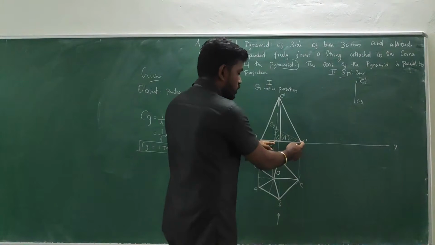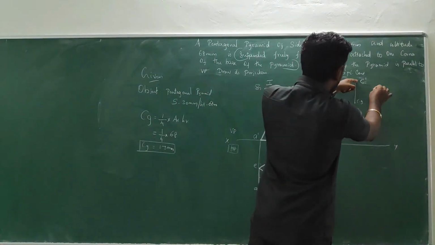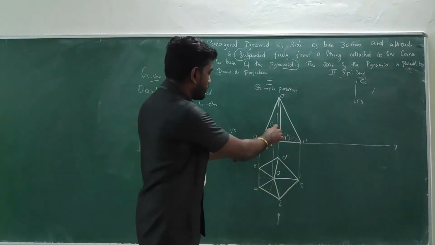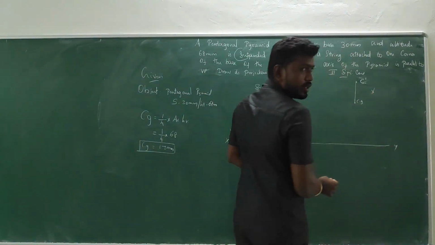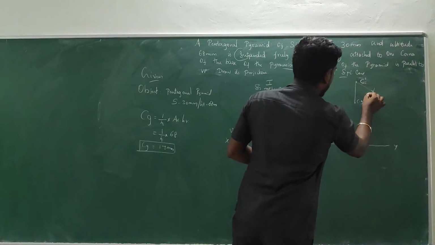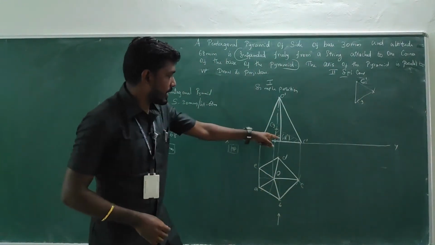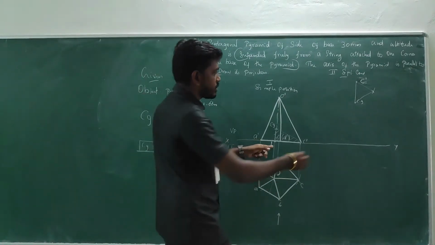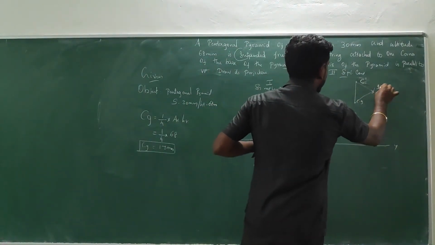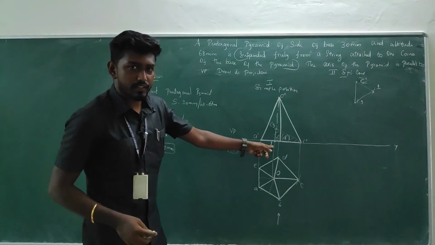So take the measurement C to 1. What is the measurement? By keeping at C, go for a cut. And from CG to 1, take the measurement, keeping at CG, go for a cut. Okay, so that you will get the triangle. This triangle has been identified there. Okay, now it is easy. This is the first point which I have specified in order to make you understand.